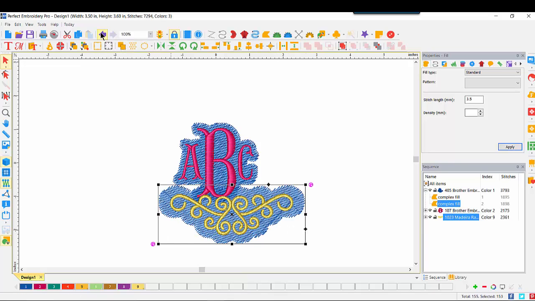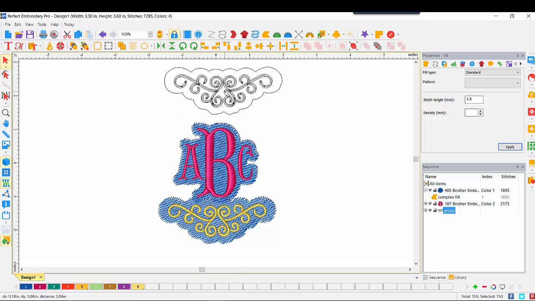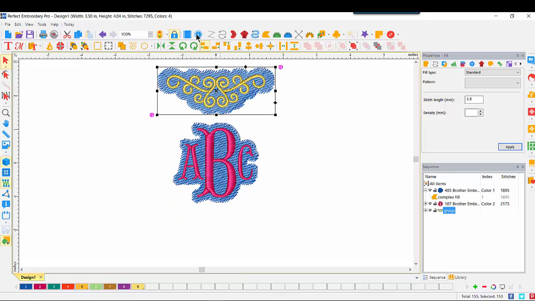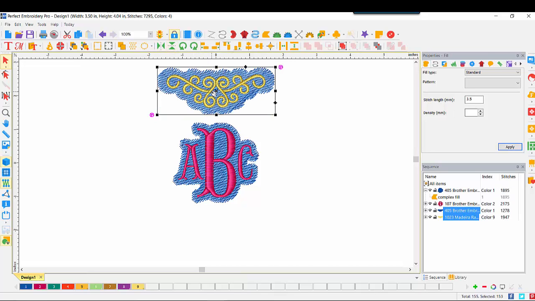I'll go ahead and undo that. My other option would be to come up here and group both of those, and then I could play with the position and perhaps the vertical flip. Whatever I'd want to do, I'm doing to both of those areas. I'll go ahead and ungroup and put it back where I had it,